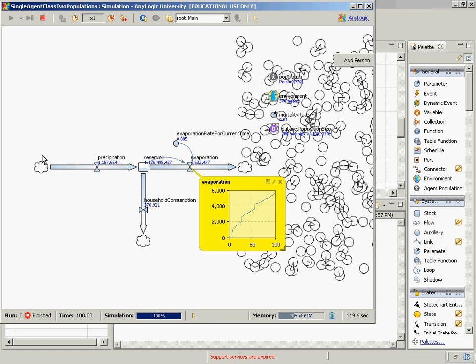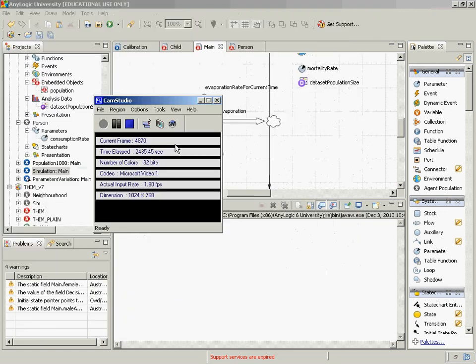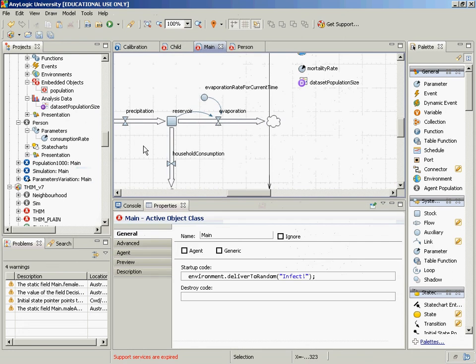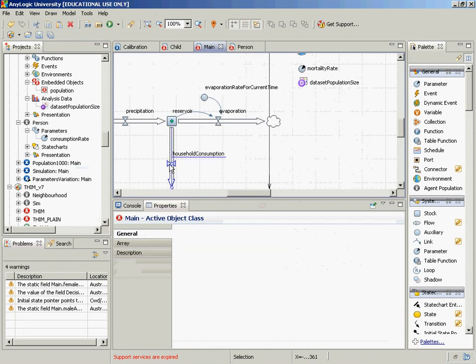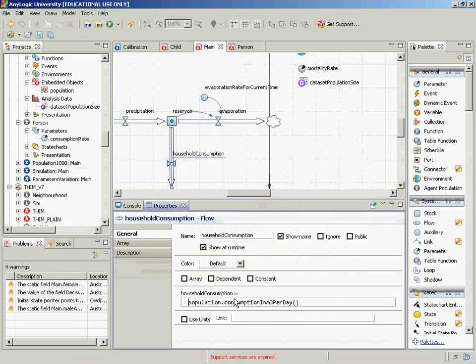Here we have stocks and flows combined with use of population statistics, as illustrated by this element here, which calls off to the population statistics, which computes things by aggregating up from the individual level. So models which combine these elements, system dynamics and agent-based modeling, are quite straightforward to build in AnyLogic. Okay, so these are